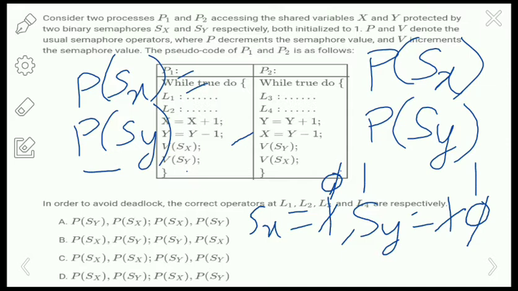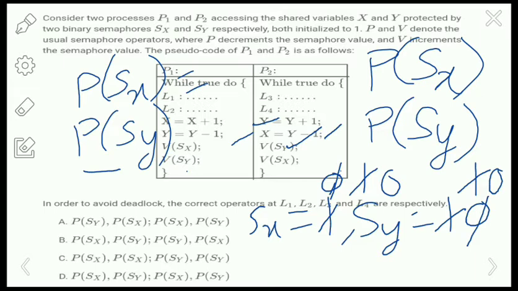Okay, so next P2. In P2 line 3, it is given Sx, so that is the down operation on Sx, so 1 will become 0, and then P of Sy, down on Sy. The process will enter the critical section and perform the increment on y and the decrement of x, that is x equals y minus 1, and then it performs the up operation on Sy.